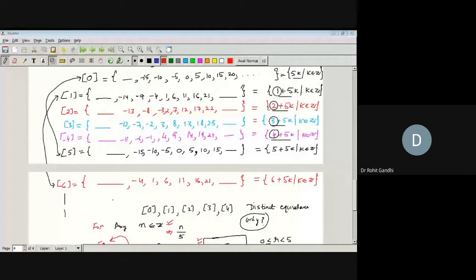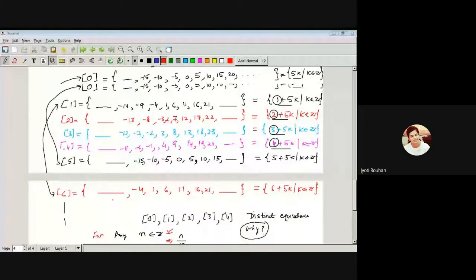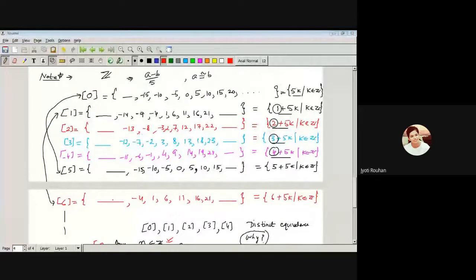Yes, sir. As sir said, the group is Z under addition, right? Set of integers, right? Yes. Okay, fine. So you took the subgroup as 0, 1, 2, 3, 4, 5. So it should have additive inverses, right? So what will be the additive inverse of 1 here? Yes. Yeah, that means this cannot be a subgroup, right?